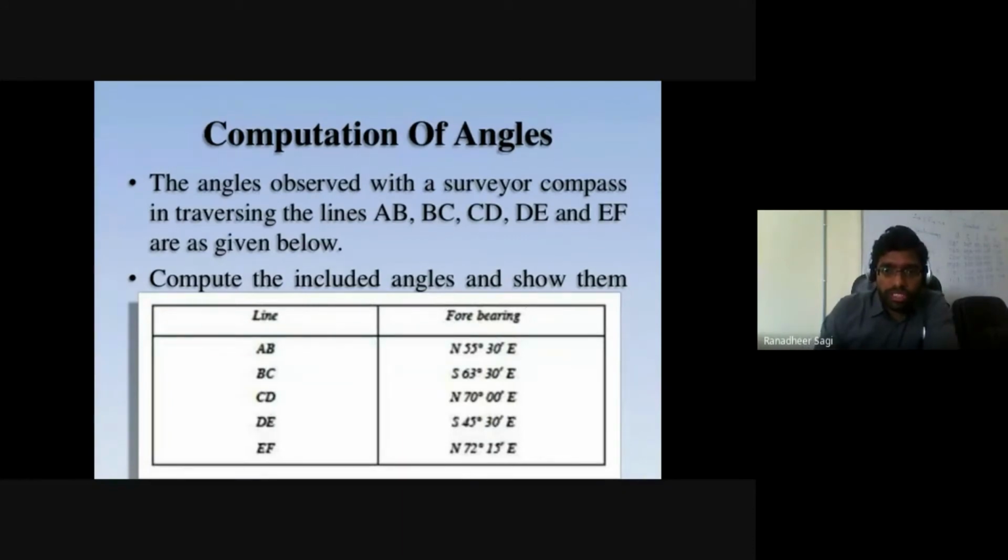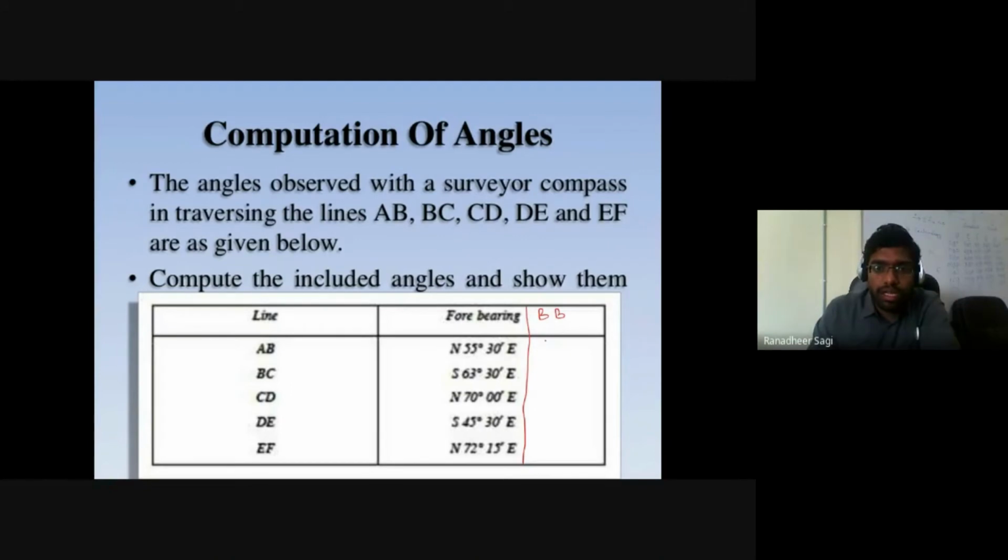So there you try to calculate your included angles. For that, first, what is the data that is given? Four bearings of those survey lines are given. So let me go on to calculate the back bearings of those survey lines. How do we calculate them? In the case of quadrantal bearing, it is very easy to write down the back bearings of the respective survey lines, because north is replaced with south and east is replaced with west, and vice versa. North with south or south with north, and east with west and west with east.